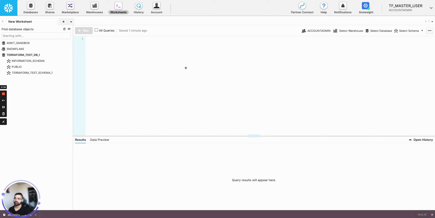We will talk about this in just a few minutes, but let me just explain what setup we have. You can see that this is the testing Snowflake instance that we have. We've got some databases on the left. So we've got three databases: Ankit Sandbox, the standard out-of-the-box Snowflake, and Terraform Test DB1. And then under Terraform Test DB1, you have some schemas. Now let's assume that you want to